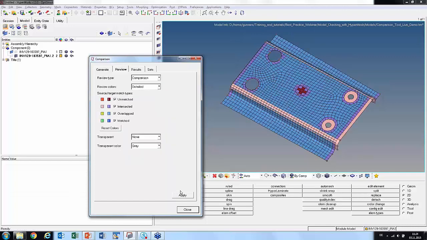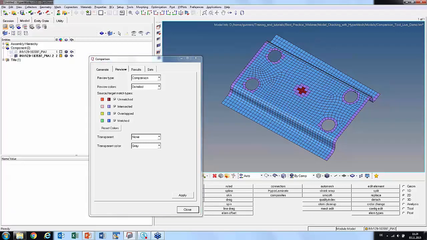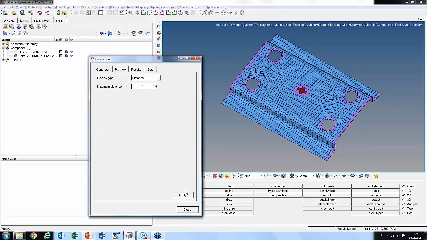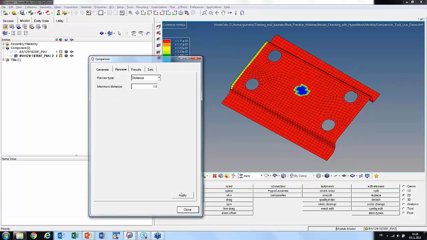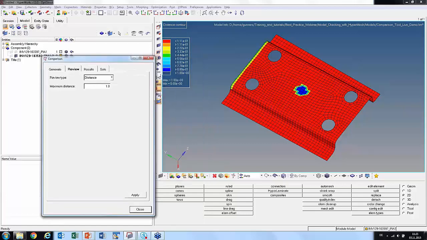I hit run, and I'm brought to the Review tab, and you can also see that the display here has changed. So now I will hide the surface component, and first of all you will see that we have the review type, either comparison, which displays the elements according to these 4 categories, or I also have the option to choose distance, and I have distance and apply. The elements will be colored according to how far away the distance from the source is, and you will have a legend showing this also. Okay, if I go back to comparison,